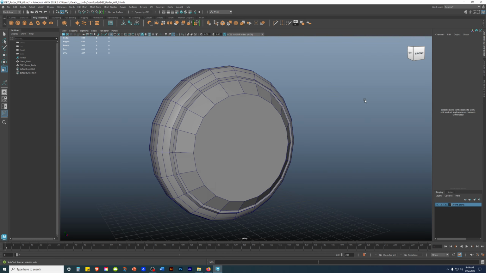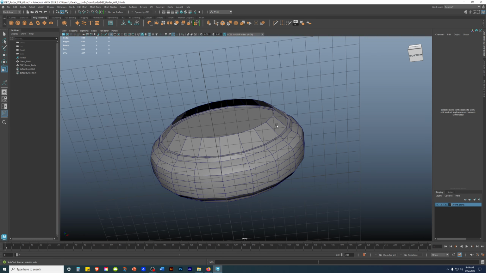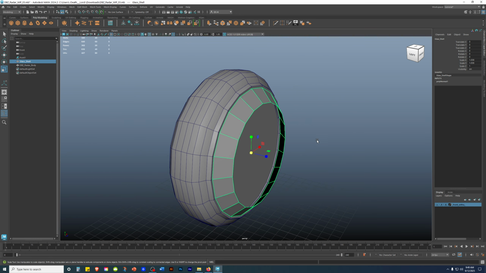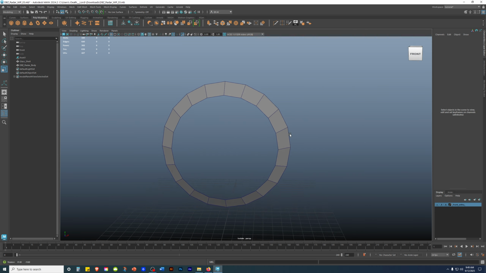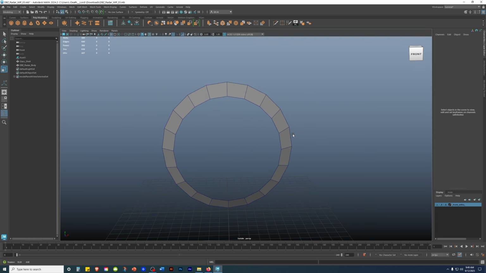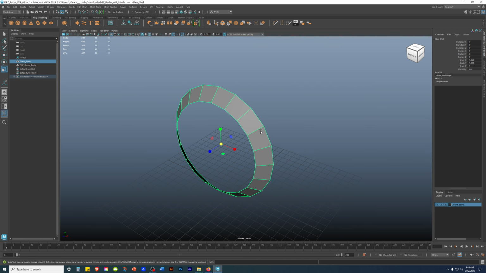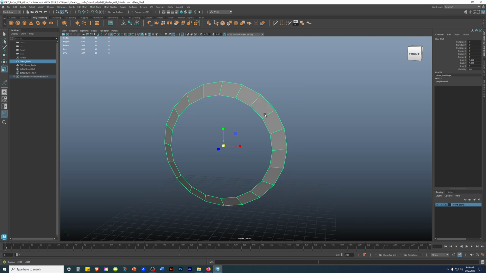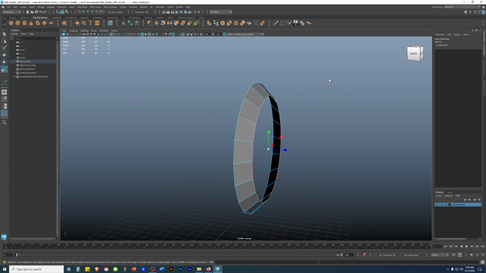Yeah, no, object mode. I mean, if I go Control 1, select it, edge mode, double tap, shift right click and hold, extrude edge,